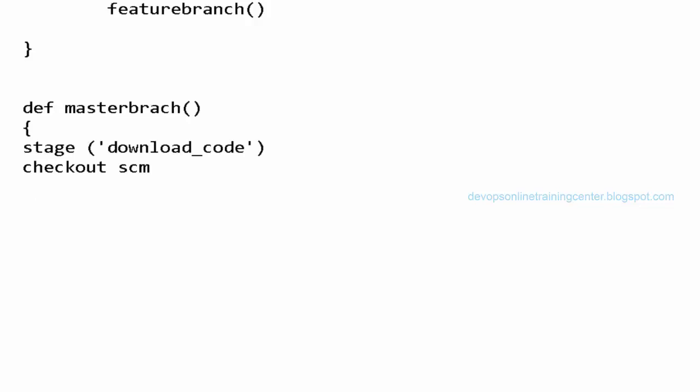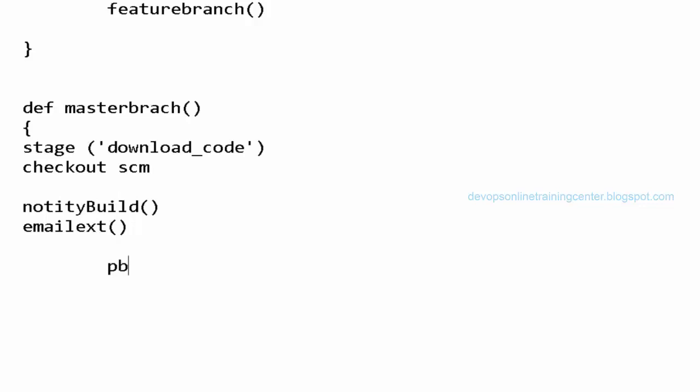Another important thing is notifications, notify build. This is something like sending mails about the build success or failure. We can use different plugins for emailing, such as email-ext. There is some syntax we need to define. We need to tell who the users are, send a recipient list, and provide the body and the subject. Then it will send an email about the build status, right?